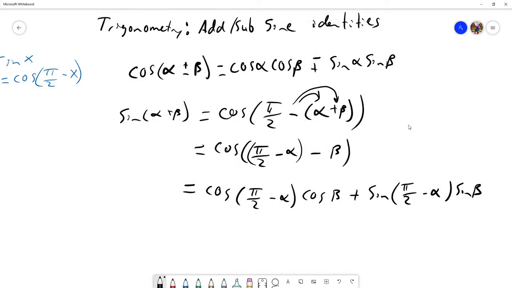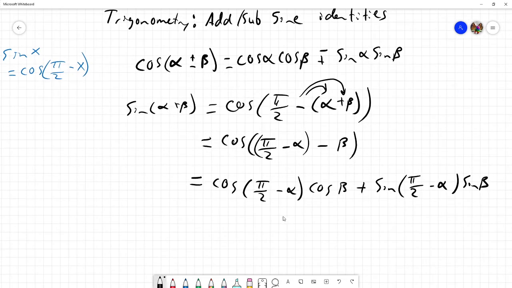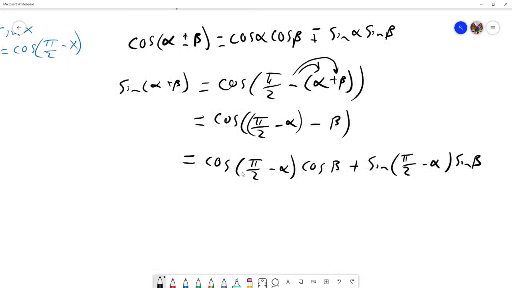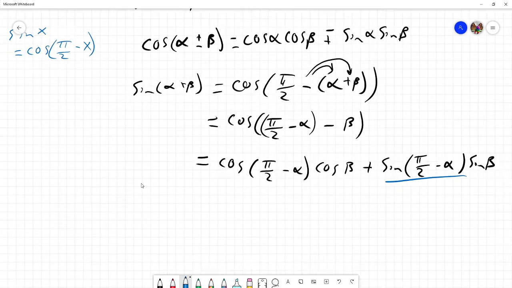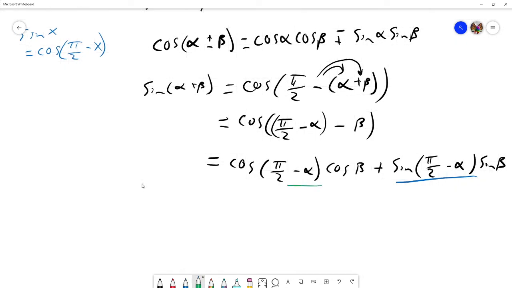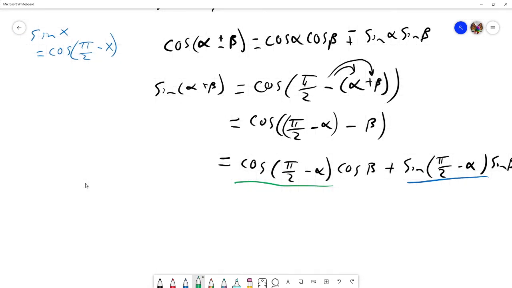Now, if we think about this for a moment, at first this might look scary, because we have cosine of pi over 2 minus alpha and a sine of the same quantity. However, these are both cofunction identities. In fact, we already mentioned what this one was, and now let's mention what this here is. So the cofunction identity for cosine says that